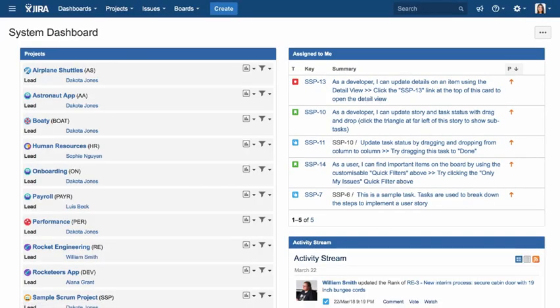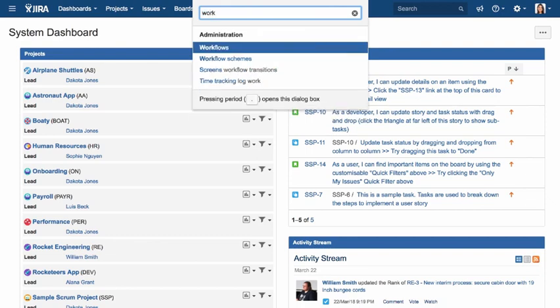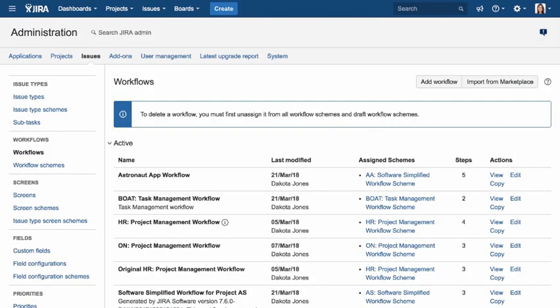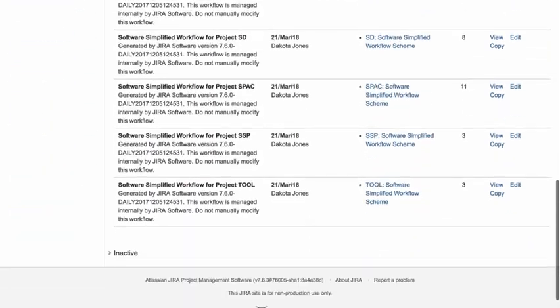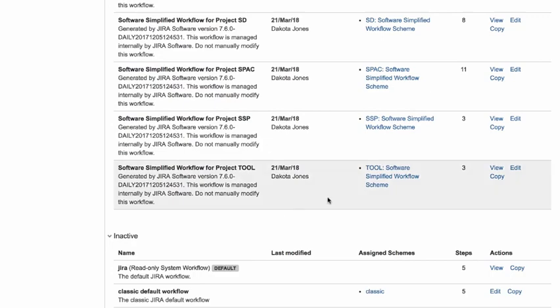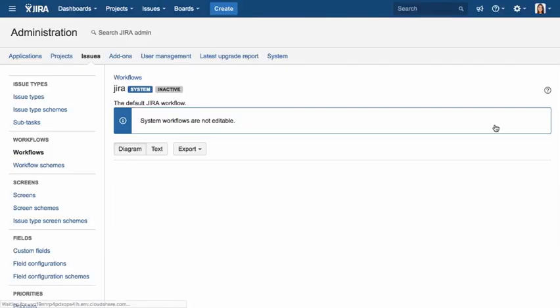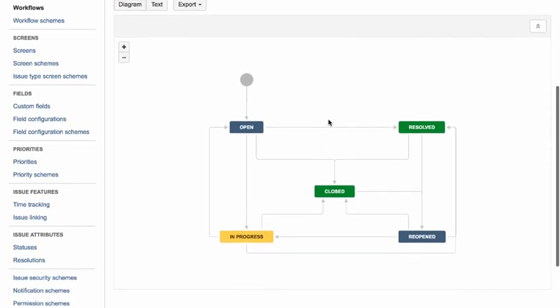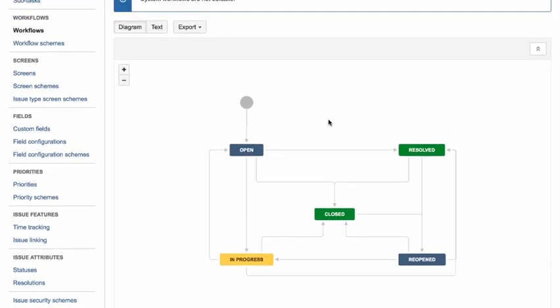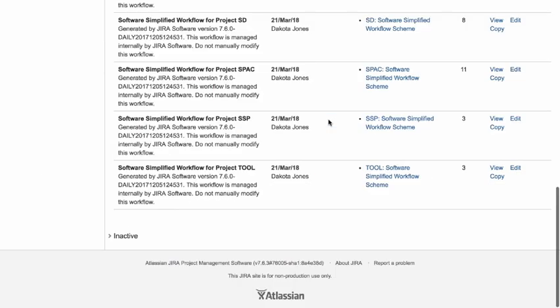Let's go look at the workflows again. I'm going to look at the Jira default workflow, which is inactive, so I need to scroll down to the bottom and expand that. You can see here this is a pretty simple workflow, and it's an ideal starting point for any new workflow you want to create. I prefer to copy an existing workflow when building new ones, as it's less work than building them from scratch. Going back to the workflows,